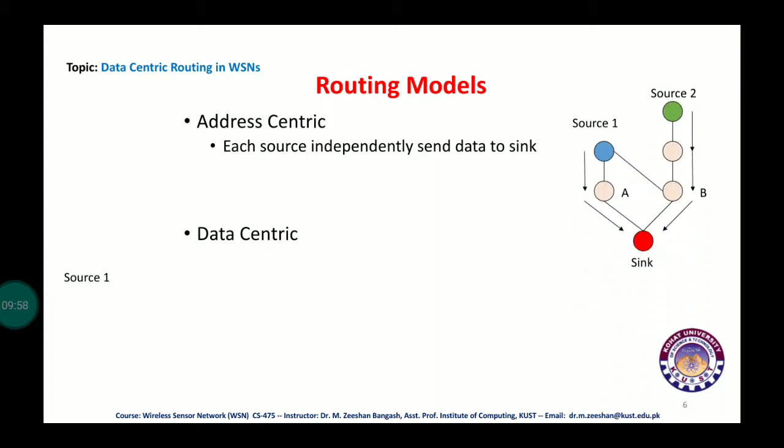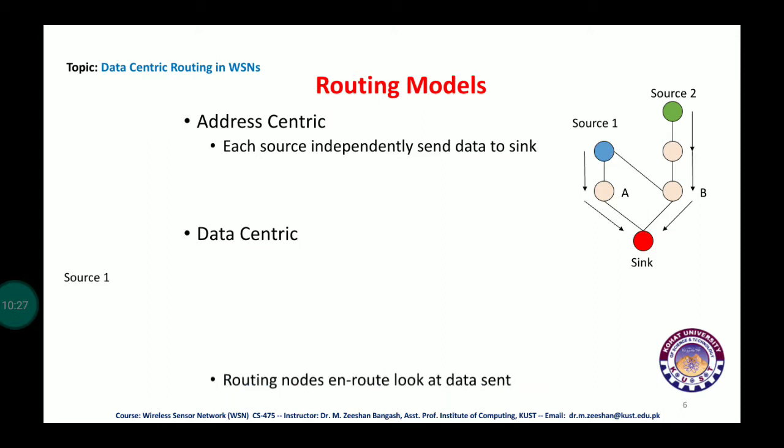It can be shown in the figure that source 1 wants to send data to the sink, so it will send that data independently through node A. Similarly, source 2 wants to send data to the sink, so it will process that data and select a particular path, and then through node B it transmits that data to the